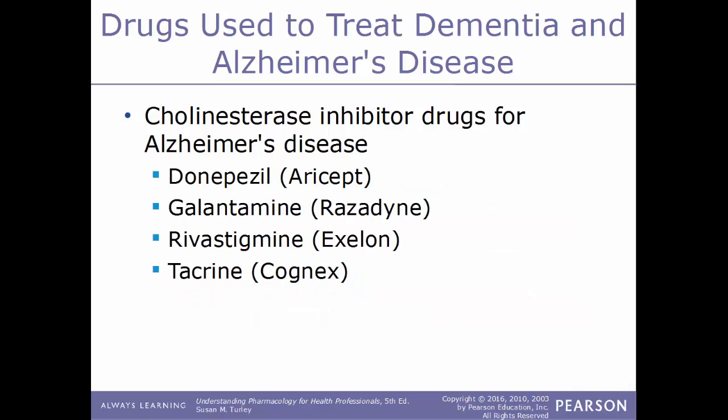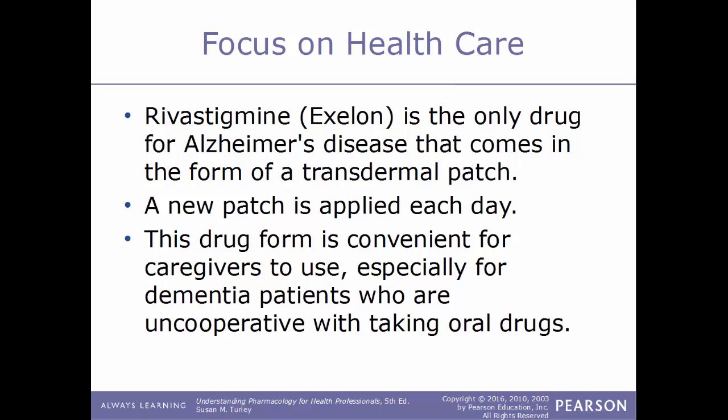Some examples of cholinesterase inhibitor drugs: donepezil, which is sold under the trade name Aricept; galantamine, sold under the trade name Razadyne; rivastigmine, sold under the trade name Exelon; and tacrine, which is also known by its trade name Cognex. Now, the drug Exelon is the only drug for Alzheimer's disease that comes in the form of a transdermal patch. And a new patch is applied every day. And this drug form is convenient for caregivers to use, especially for patients who have dementia or who are uncooperative